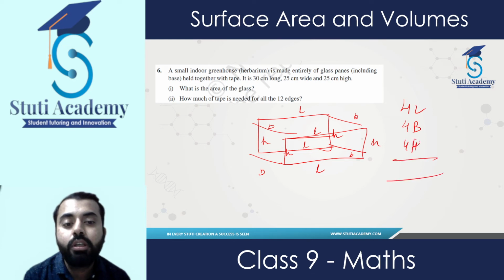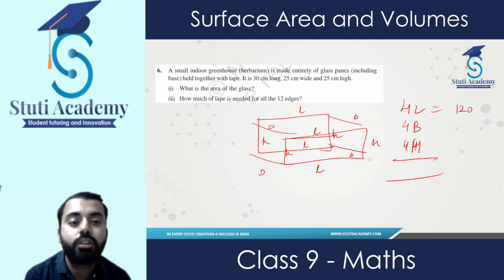Add both of them. Add each and every one, and you will get the total length of tape. Now, I knew my L was what? It was 30. So 4 into 30 is what? 120. 25 into 4 is what? 100. 5 into 4 is 20. So you get